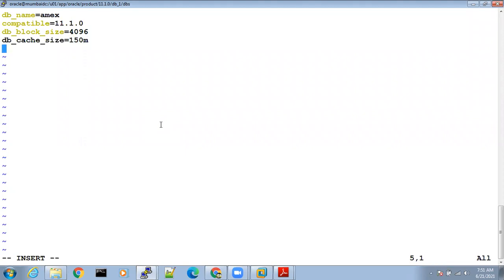Next, shared_pool_size, again 150M. Next, log_buffer, give 20000.